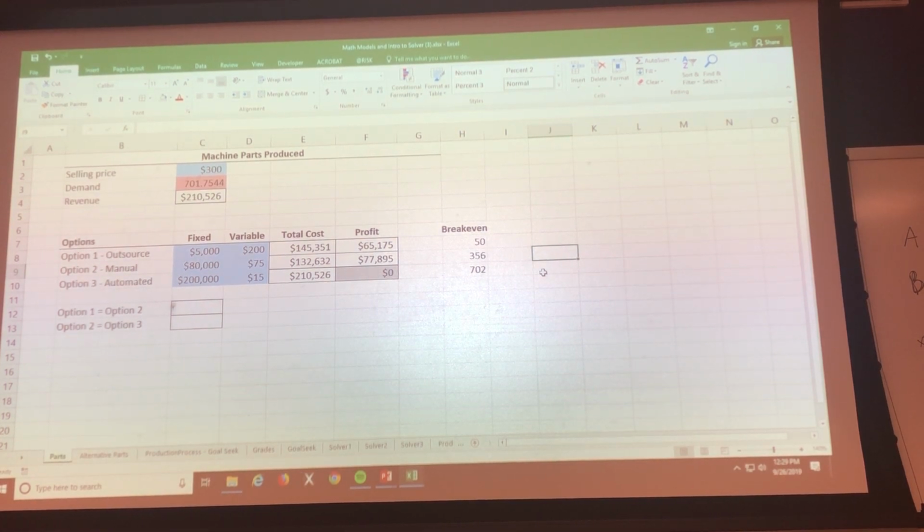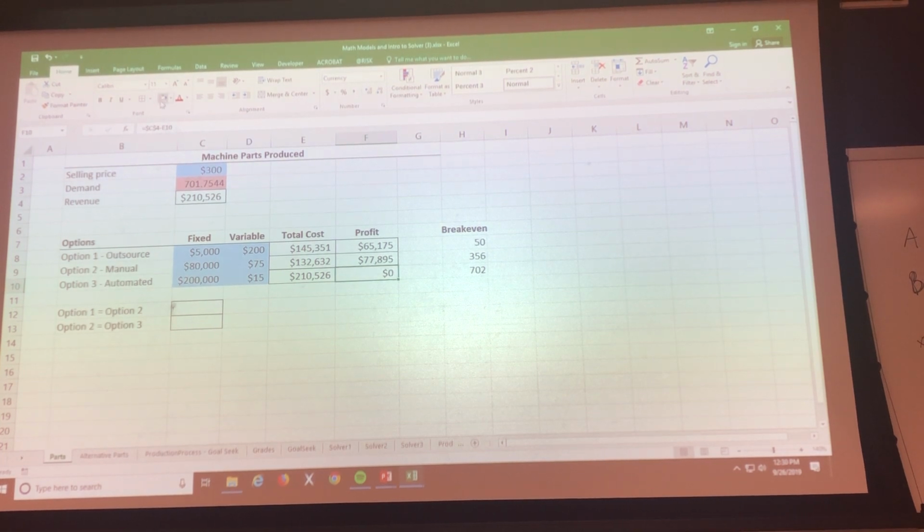But the question is, when does that happen? When would we switch over? At what demand level would we switch over from option 1 to option 2? And it's not about those break-even numbers. That's not what those break-even numbers tell you. Okay? So we can figure that out though